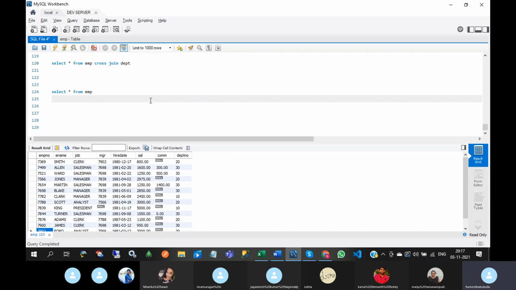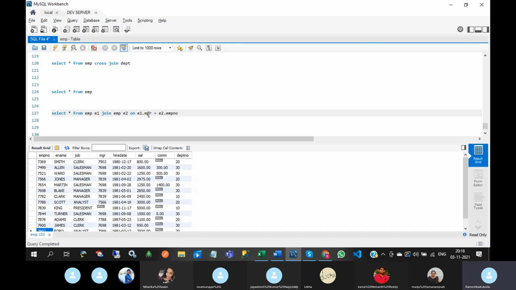Okay, so how to use self join? Join E1, E2, the same table I am joining. On E1 dot mgr equal to E2 dot employee number.